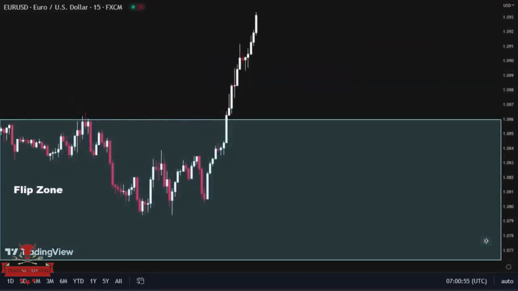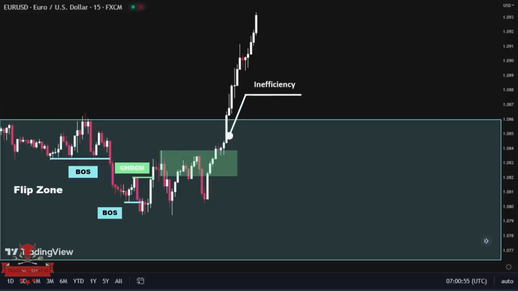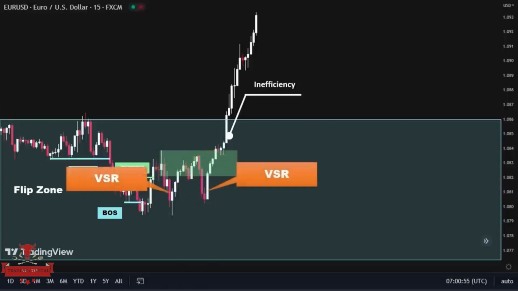As you can see, price created these bearish structures, but it created a change of character by breaking out of this structure to the upside, flipping the supply zone to the upside and leaving behind a great inefficiency. This scenario is one of my favorite setups due to its high probability. If you look closely at the chart, you can easily detect these VSR patterns just before significant price movements to